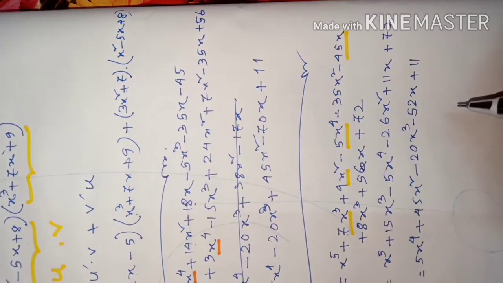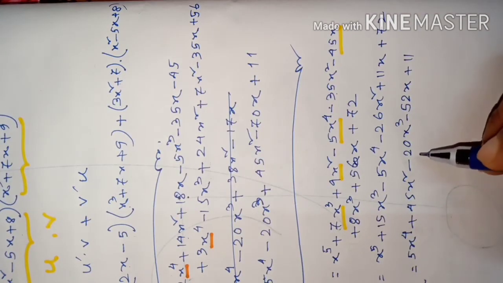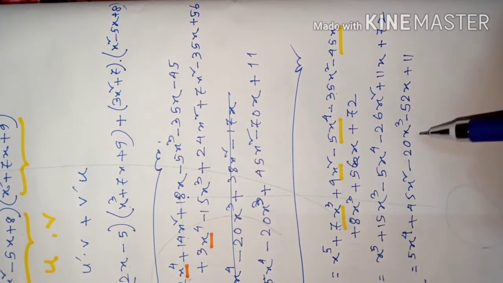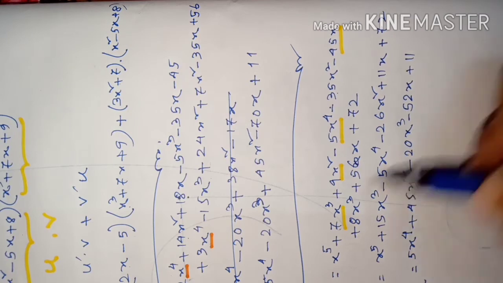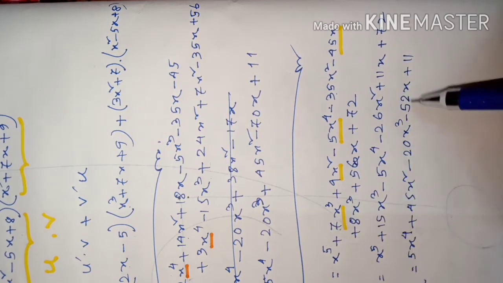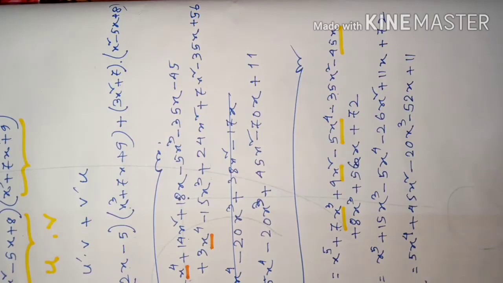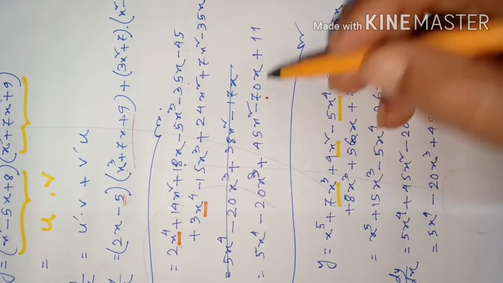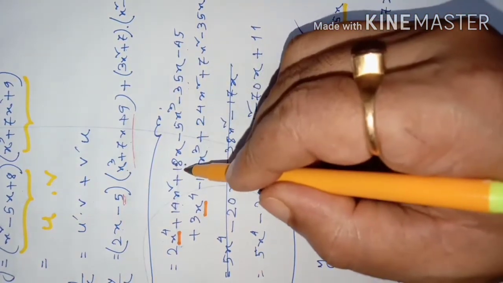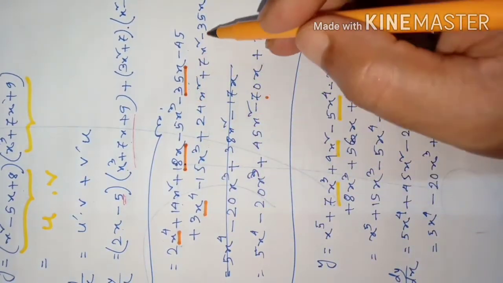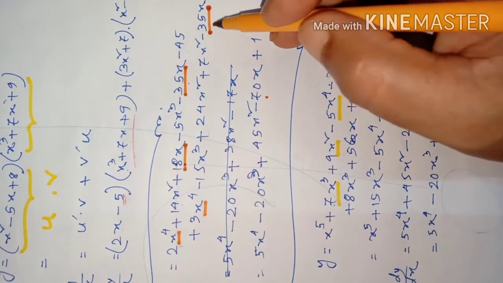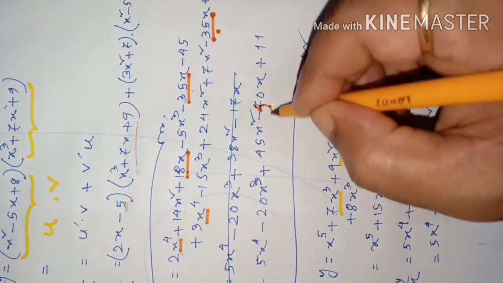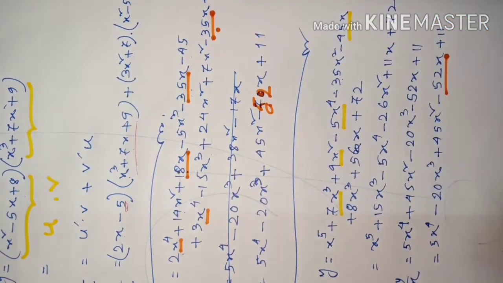So we got something different. Here we should have got 45x square. We got 45x square, correct. 20, correct. And here 52x, and here 70x. How is it? We have made a mistake here, students. It was 18x positive, 35x negative, 35x, 70x minus 18x, that will be 52. So this number also will become 52. Okay, we have realized the mistake.